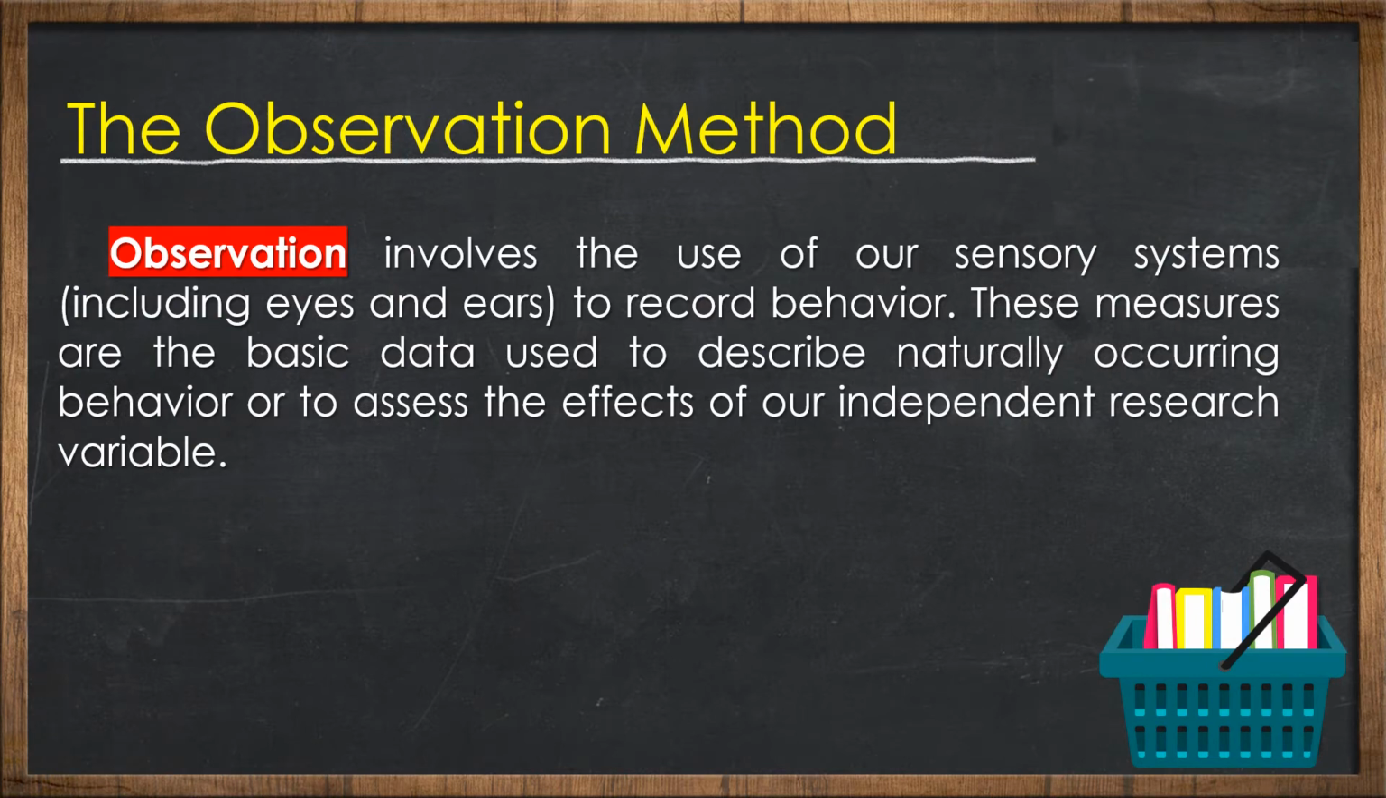Observation involves the use of our sensory systems, including eyes and ears, to record behavior. These measures are the basic data used to describe naturally occurring behavior or to assess the effects of our independent research variable. Therefore, they must be gathered with care. Observations such as this,